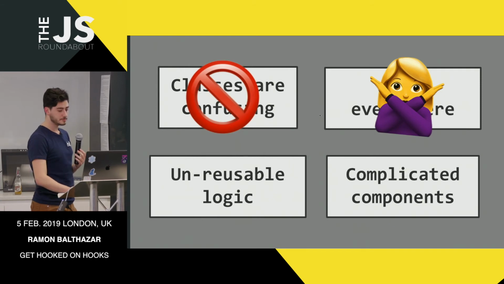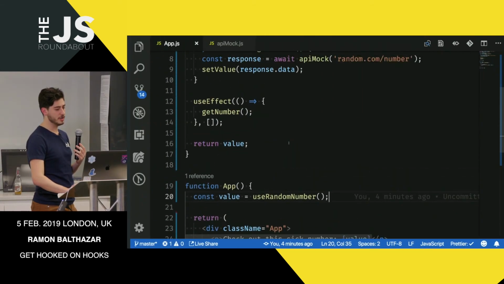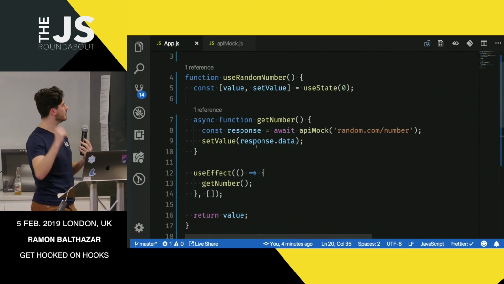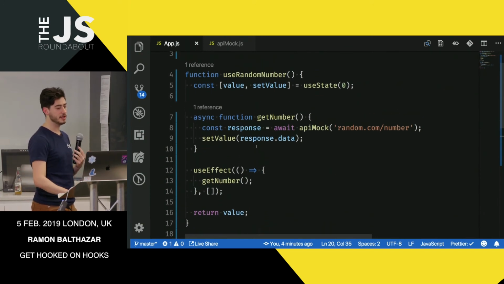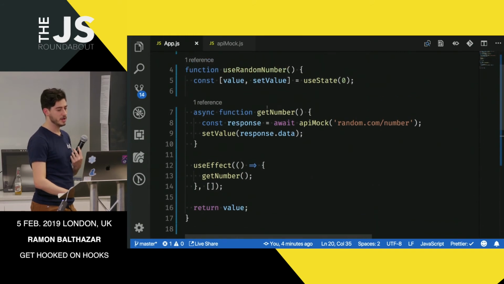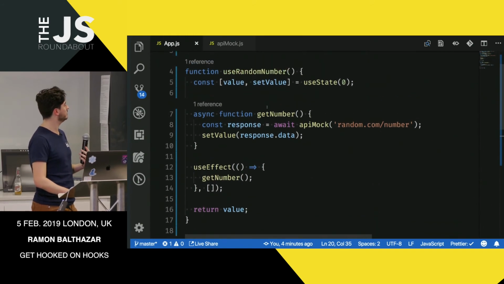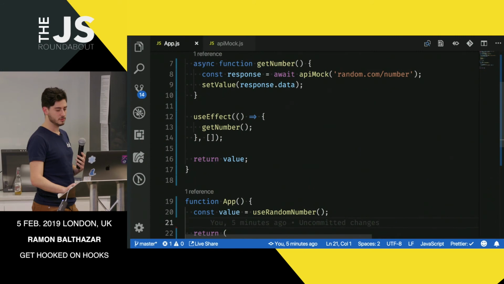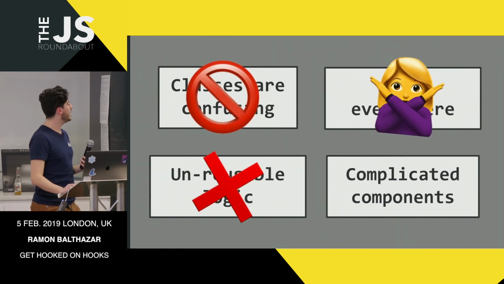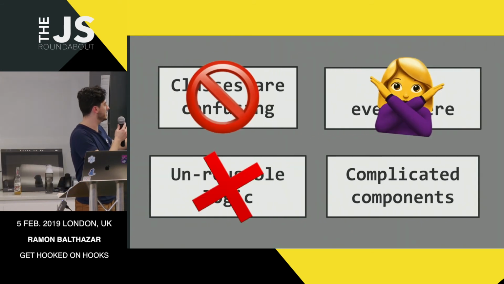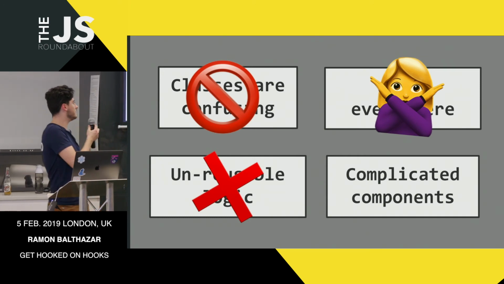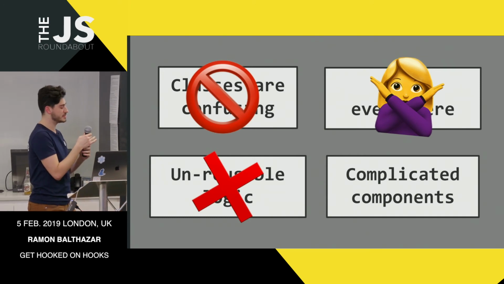Reusable logic, the same thing that I just showed you. We can create, for example, that analytics thing. You can create a hook for analytics and just call it. You can create a hook for use random number. And that's it, done. And the most important to me, what makes me most excited about hooks, is how it uncomplicates stuff.